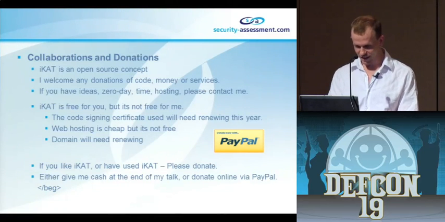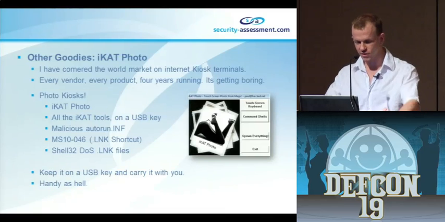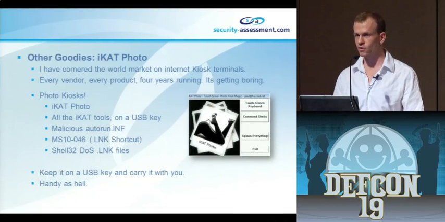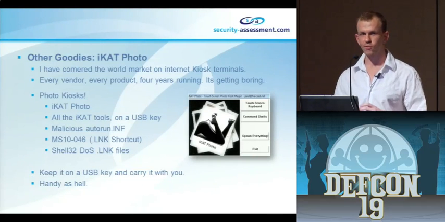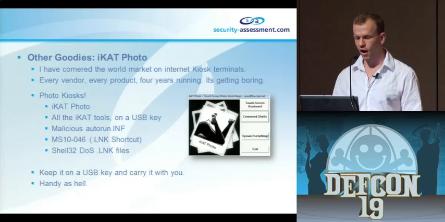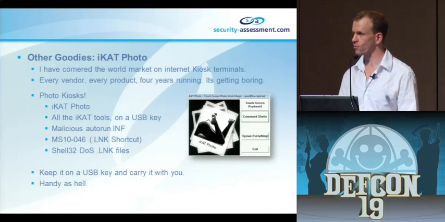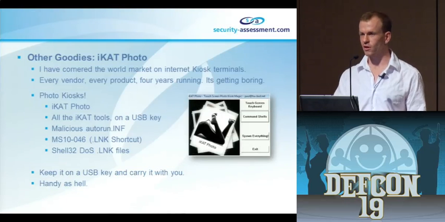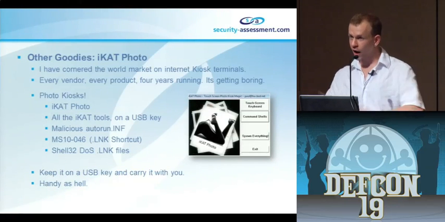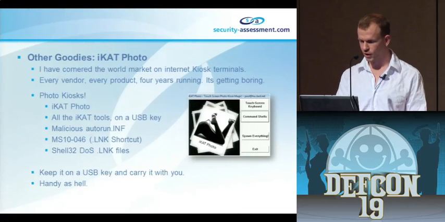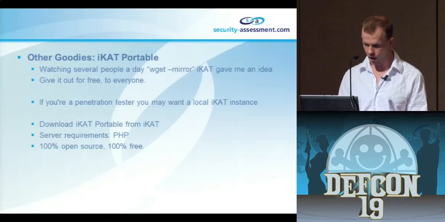Thanks. Okay, so some other goodies. I mentioned that I'd been working on photo kiosks. I came up with this thing called iCat Photo, which is basically you can stick it on a little memory stick or a little flash card, stick it into a photo kiosk, and it exploits autorun.inf, all the LNK vulnerabilities. It has all the tools on the USB. So basically, you put it in, you try and browse the device, and it'll either crash and give you the desktop or give you a shell or the on-screen keyboard. So it's pretty handy to keep on you. I also have